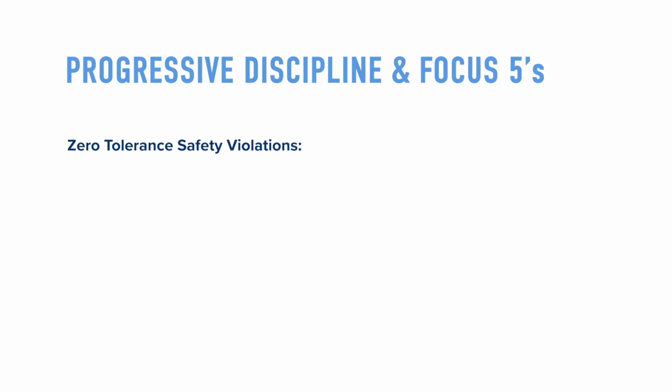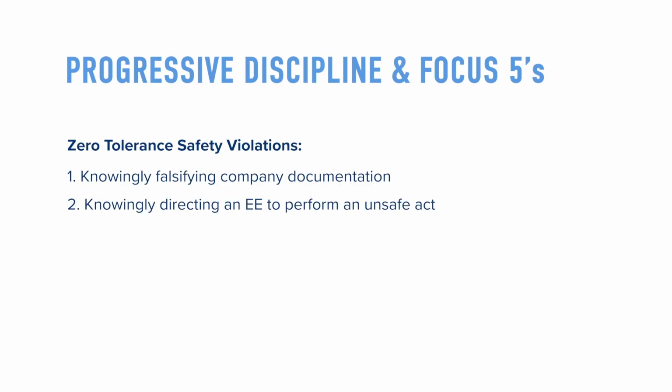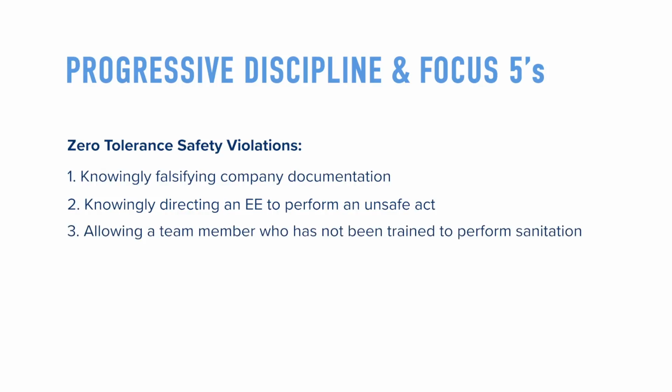Zero-tolerance safety violations. In 2019, the Focus 5 policy has been expanded to include 4 serious safety violations that will result in immediate termination. These include: 1. Knowingly falsifying company documentation. 2. Knowingly directing an EE to perform an unsafe act. 3. Allowing a team member who has not been trained to perform sanitation. 4. Knowingly bypassing safety devices. If an employee is observed committing a Focus 5 or zero-tolerance violation, PSSI will suspend the team member immediately pending